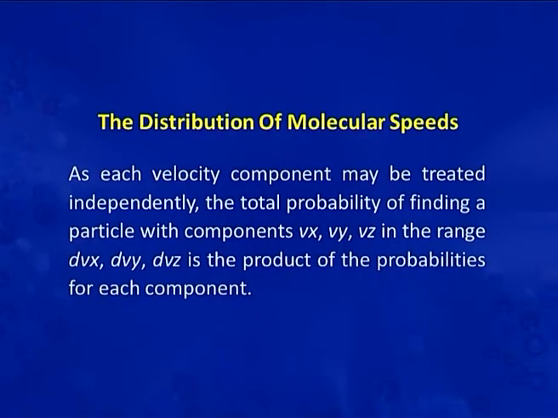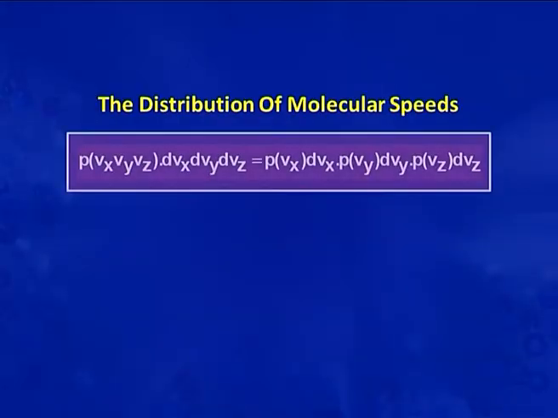As each velocity component may be treated independently, as I told you before, the total probability of finding a particle with components Vx, Vy, Vz in the range dVx, dVy and dVz is the product of the probabilities for each component. So, the equation is P(Vx, Vy, Vz) dVx dVy dVz is equal to P(Vx) dVx into P(Vy) dVy